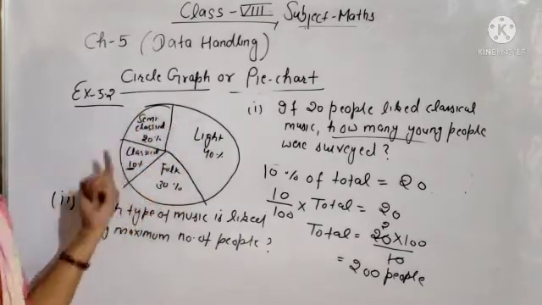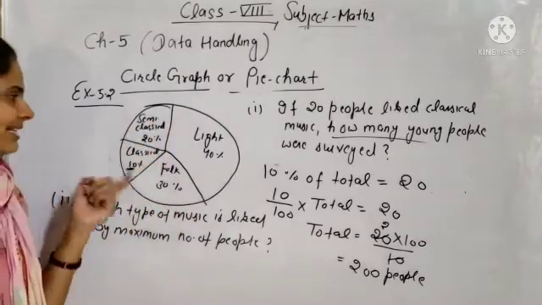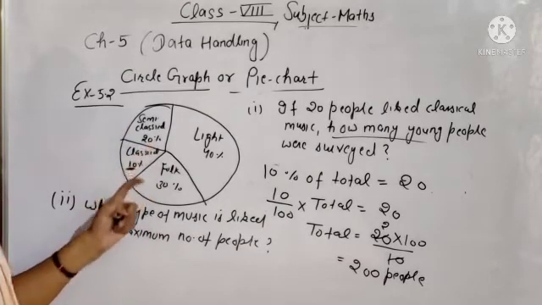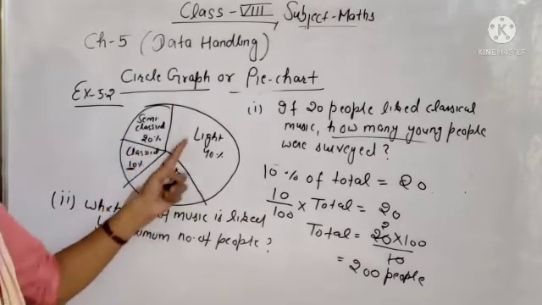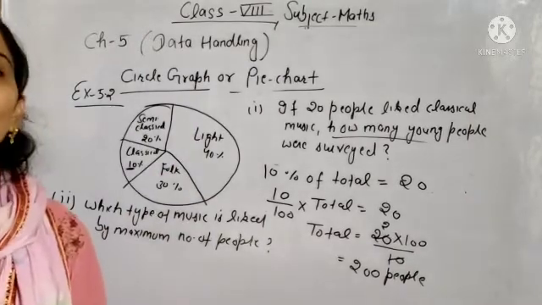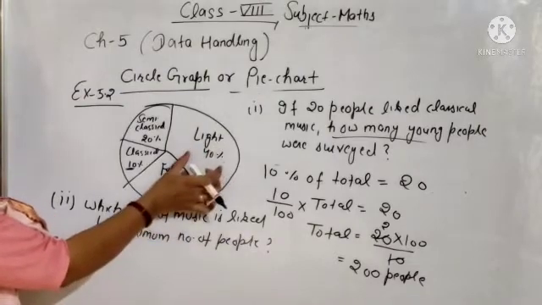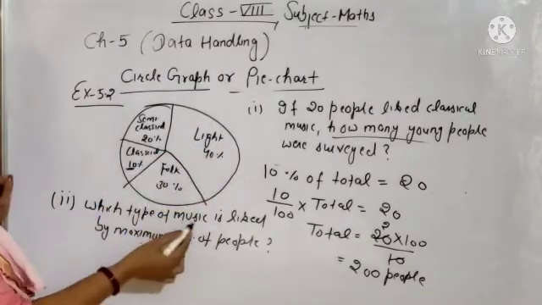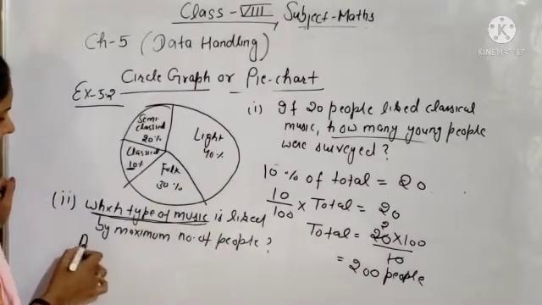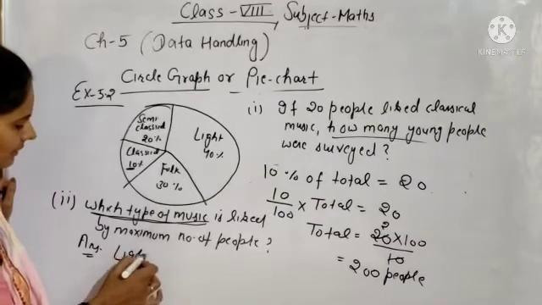So you can see by the bar graph, not bar graph, sorry, circle graph. You can see this by the circle graph. Semi classical music is liked by 20% people, classical 10%, folk 30%, and light music. Maximum number of people are liking the light music. सबसे ज़्यादा कौन सा म्यूजिक पसंद कर रहे हैं, लाइट म्यूजिक. ओके, सो यू कैन से which type of music, you have to find out. So you can write the answer. Answer will be light music.